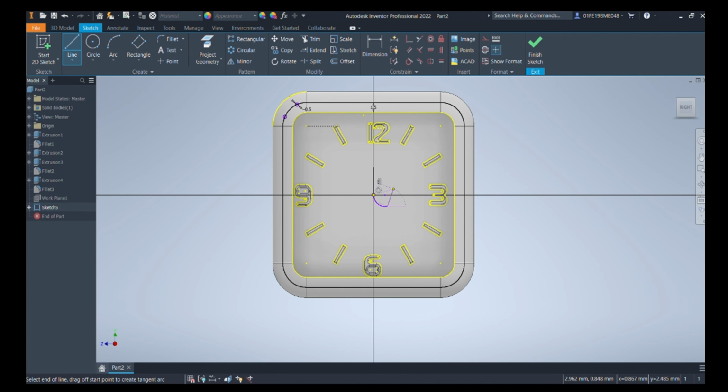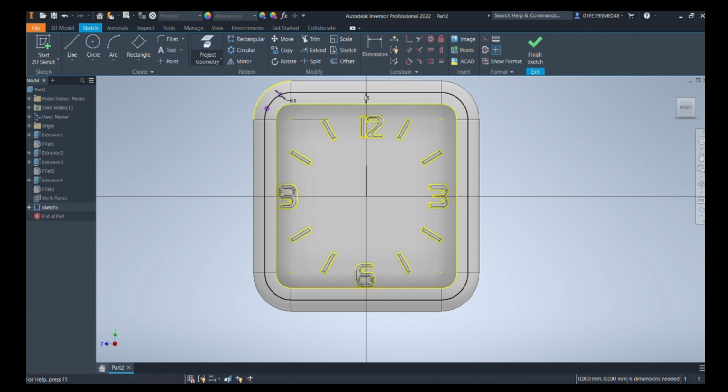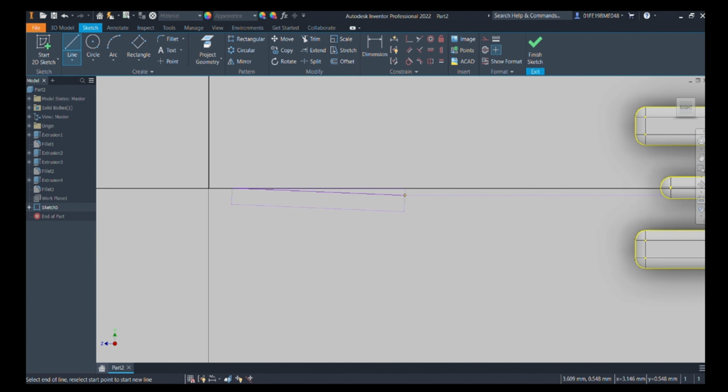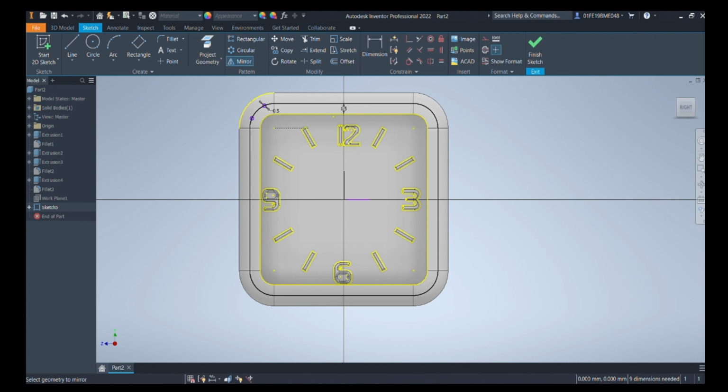So again, doing the same, we will draw one horizontal and one vertical line. We will be getting all four edges with those circles. These circles are basically the holes which are drilled. They are a part of the aesthetics of the watch, the clock.